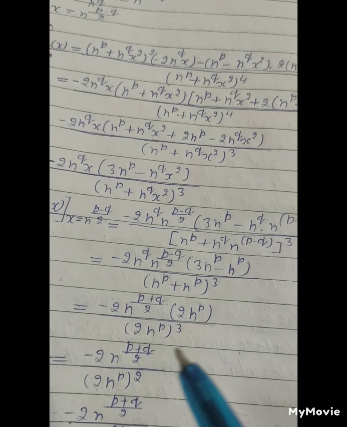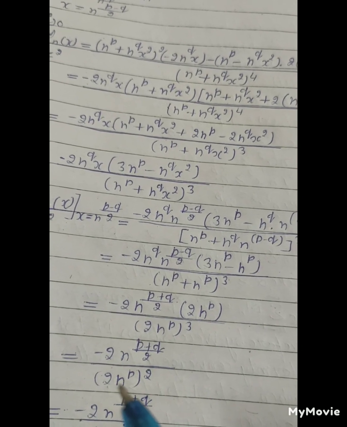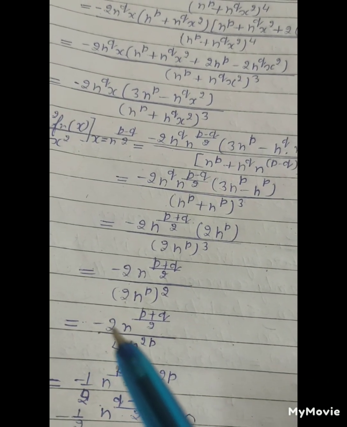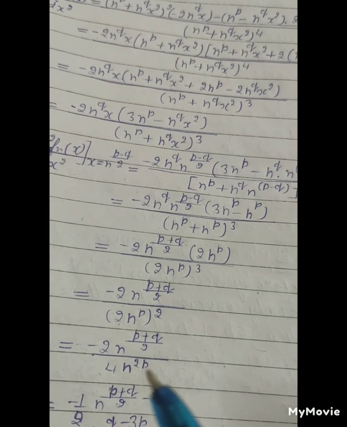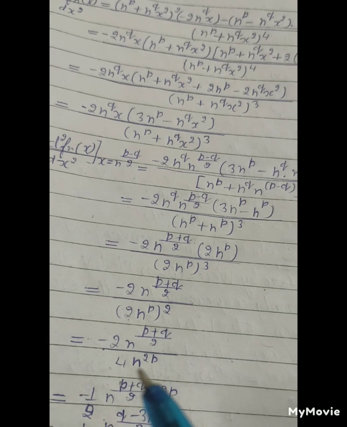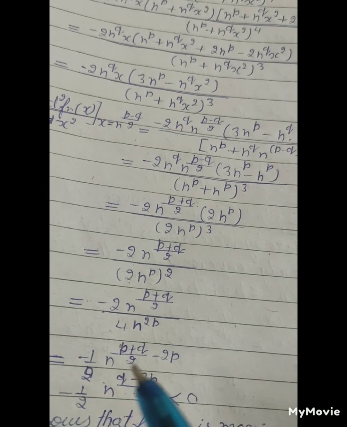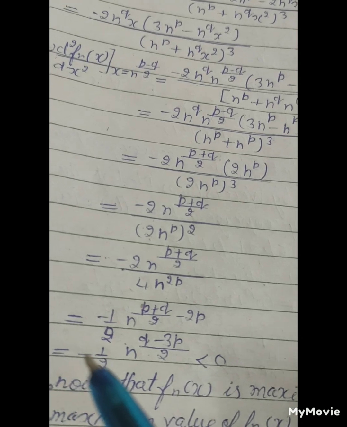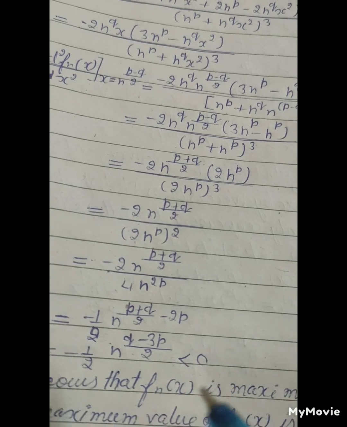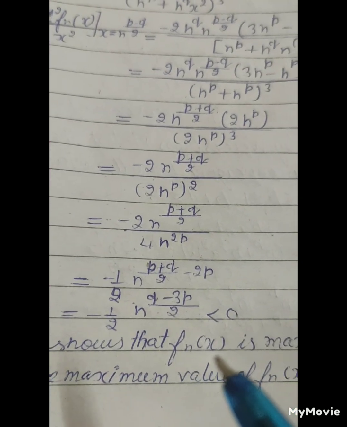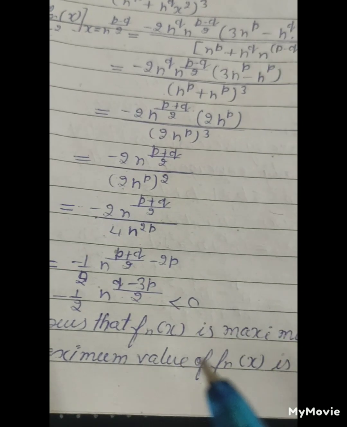So from this, one power of this term cancels out, so it remains power 2, so minus 2 n^((p+q)/2) upon (2n^p) whole raised to power 2 equals minus 2 n^((p+q)/2) upon 4n^(2p), equals minus 1 upon 2 n^((p+q)/2 minus 2p), equals minus 1 upon 2 n^((q−3p)/2), which is less than 0, which shows that fn(x) is a maximum at x equals n^((p−q)/2), and the maximum value of the fn(x) is